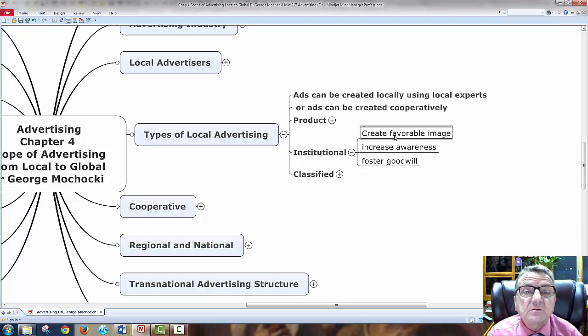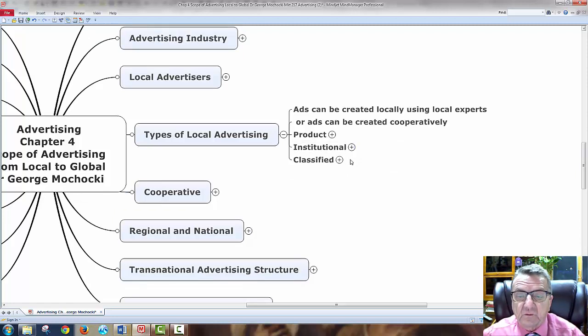Or I may be a company that's doing something very positive in the community, and I want that image to come out. Because remember, if you have a good brand image, as we discussed in the last chapter, more people want to work for your company, more people want to buy your product. You get better advertising time. You have more collaborative advertising because you got a good image. Okay, so some of the ads are institutional, just to create an image of an organization.